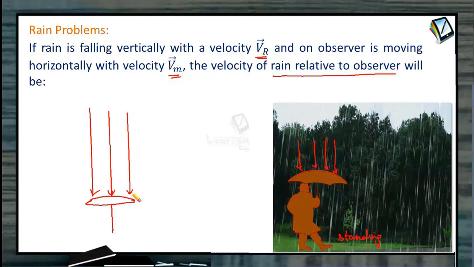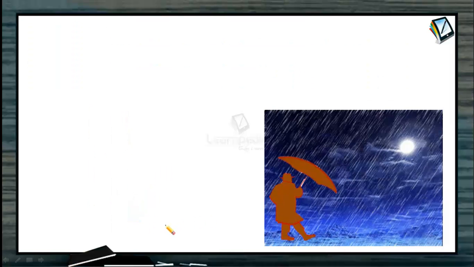Otherwise he'll get drenched. So when the observer is standing, when he starts walking in the rain, the situation will be completely different. When he starts walking in the rain, then he doesn't find this rain falling vertically down. And he will say the rain is falling at a certain angle. That is the relative angle. So he has to bend his umbrella so that he feels that rain is coming in this particular direction. So he will bend his umbrella so that he doesn't get wet. So let us see when he starts walking, what will happen.